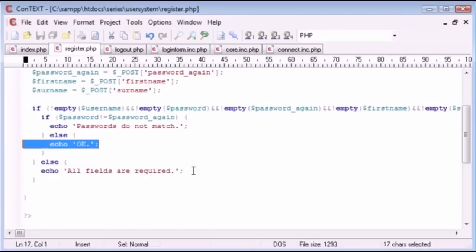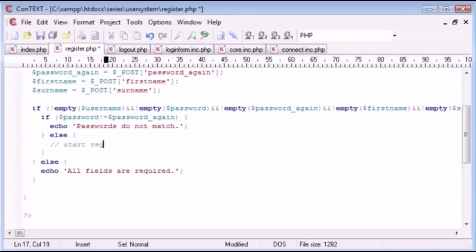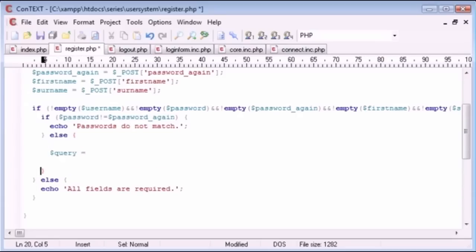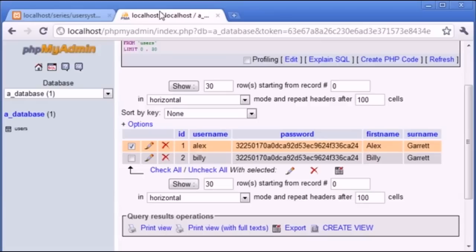So now that we're okay here, we need to start the registration process. But what we need to do is we need to check if the username already exists in the database. So how do we do this? Now we need to create a query. Let's just pull this down so we can have a bit of space. The query is going to be select, and we're going to select username from, so let's just pop this in apostrophes, select username from users. So remember, we're selecting, let's just go back to here, we select username from users